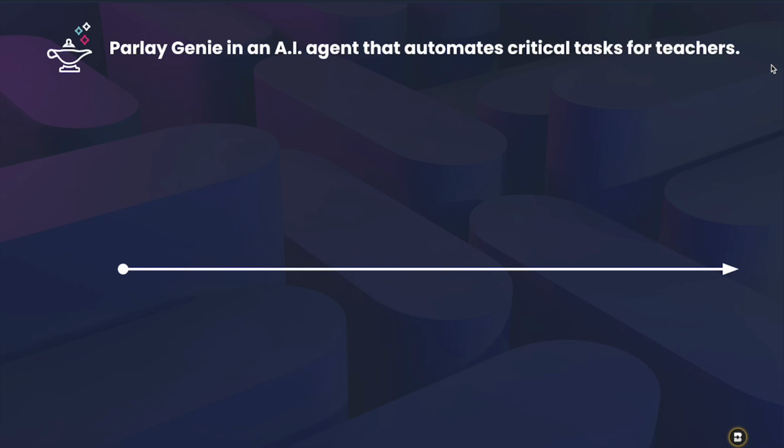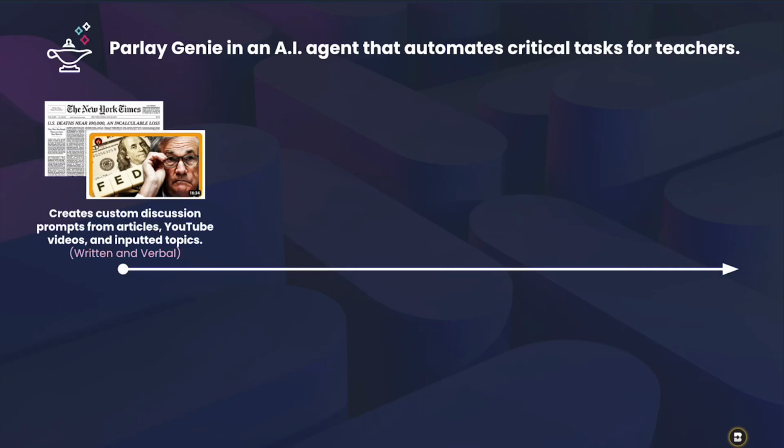In this video, I'm going to show you all of the AI functionalities that currently exist inside of Parlay. The Parlay Genie is our AI agent that automates critical tasks for teachers, makes their lives simpler, and makes them smarter. The first is teachers can log on when they start to plan for a discussion, and they could ask